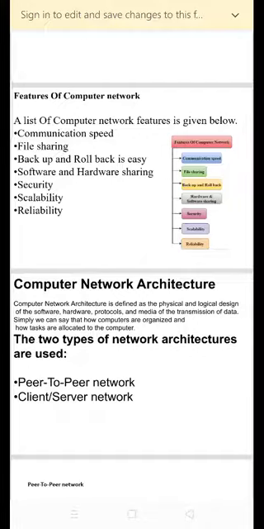Okay. So next one is security. Security is a very important feature of the computer network. The network allows security by ensuring that users have the right to access certain files and applications. And scalability means adding new components to the network.